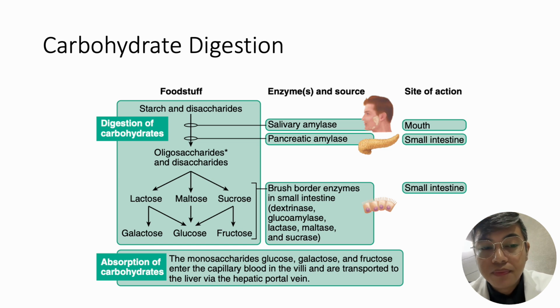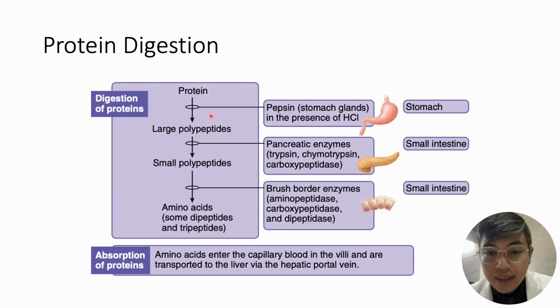Paano naman si proteins? Si proteins mo, ang bukod tanging ina-absorb lang ng iyong small intestine would be amino acids and some dipeptides and tripeptides. So, paano nagsa-start yan? Tandaan, protein digestion will start in your stomach by your pepsin. Where does your pepsin start? It comes from your pepsinogen that is converted to pepsin by your hydrochloric acid. So, again, your hydrochloric acid will convert your pepsinogen to pepsin.